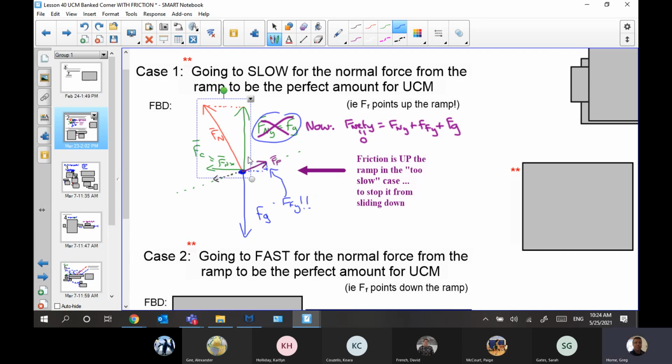So if we were to try and correct this diagram, we could shrink this down. Let's shrink that down. And then if we stick the friction force on the end of that one, let's draw a little F_f y component